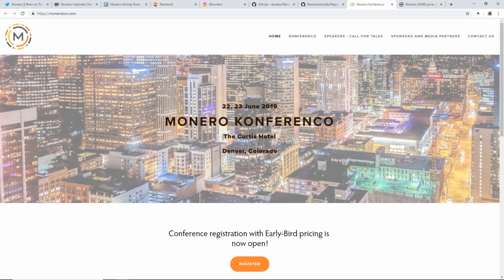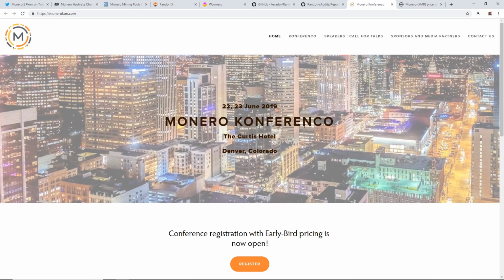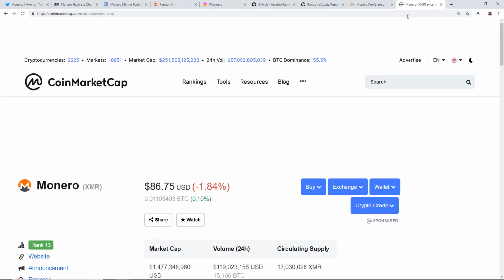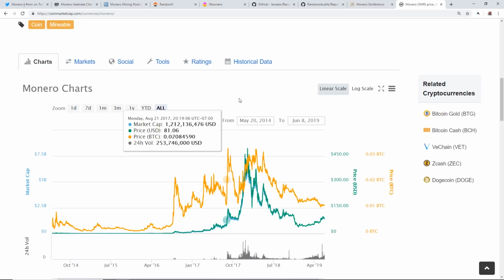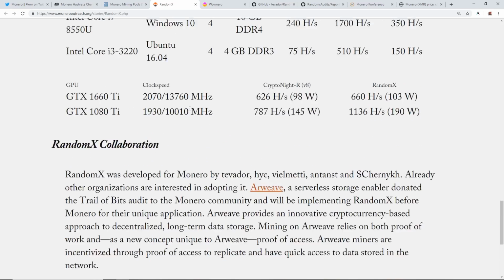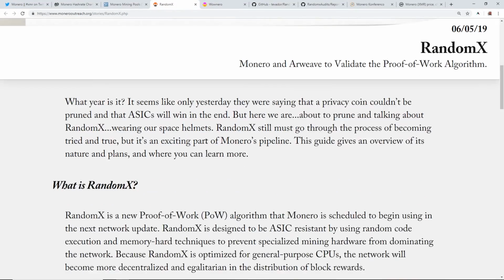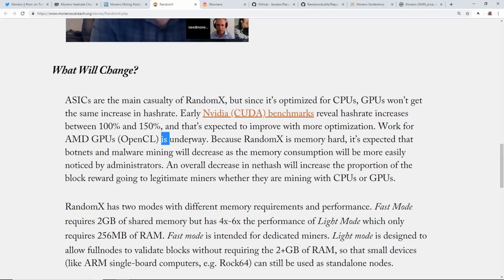I'm just going to end off that they are going to have a conference on June 22nd to 23rd of this year, coming up this month, actually. It's called Monero Conferenco. I guess I butchered that name, but they're going to have a conference and talk about RandomX and some other stuff. And to end off with my final thoughts on RandomX, guys, I am not a heavy Monero miner myself, just to give you that information. So I am not too biased with Monero, but one thing I am worried about is that this is kind of like a PoW situation where